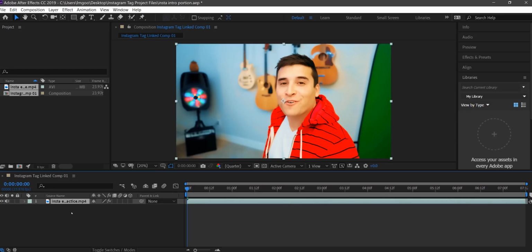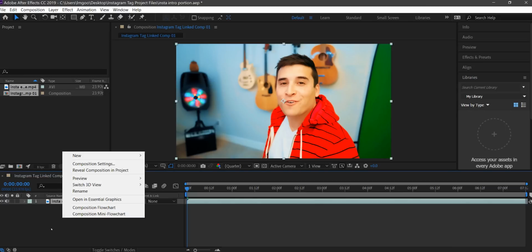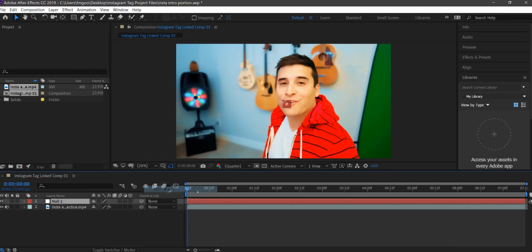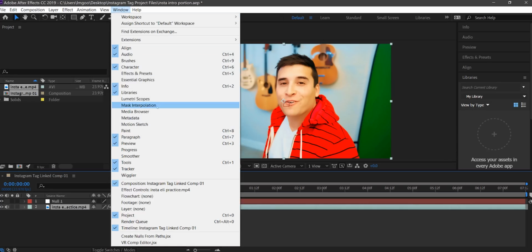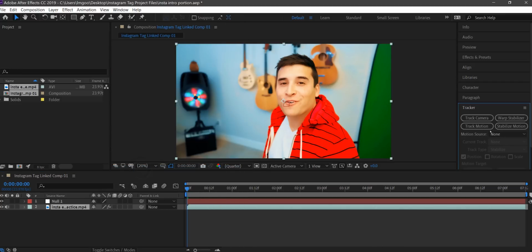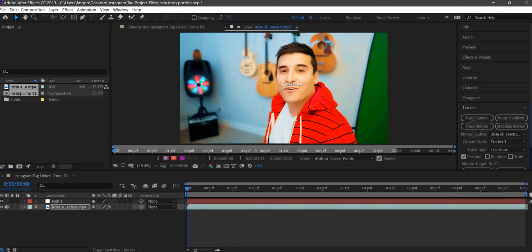Now we're gonna do some tracking. Honestly, the 3D tracker doesn't work nearly as well or nearly as efficient when it comes to this kind of effect. So as someone that's used After Effects for a very long time, my recommendation is to use the 2D tracker, but feel free to use whichever one you see fit. We're gonna right click in this blank canvas area down here, go to New, Null Object, select the Insta Eli practice. And this is good because this doesn't have what I'm looking for over here. We need the tracking window down here. So go up to Window and make sure that the tracker is selected. Go Track Motion, size up